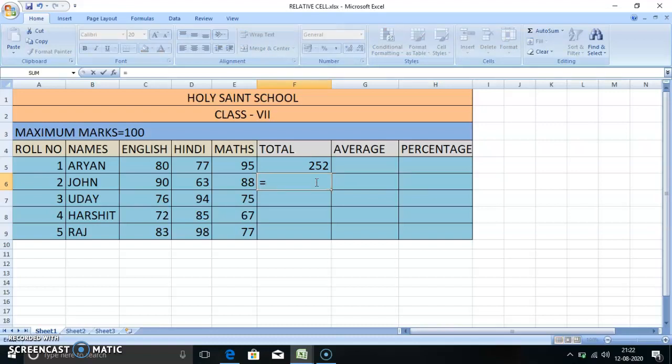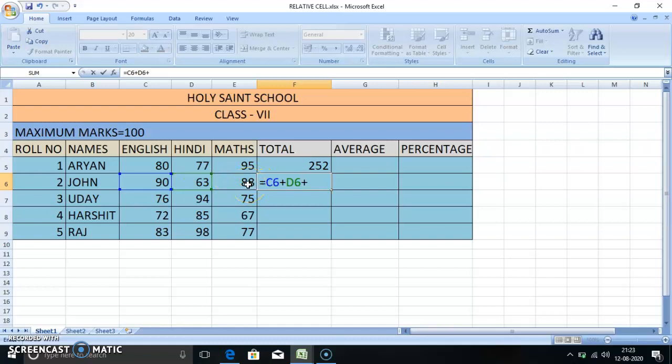Again, in the next cell, equals to, I have to find out the total marks of John. The cell of English is C6. Now the plus symbol. Then the next cell, Hindi. When you click here, it automatically takes the cell address. When we click, it presents D6. Now again we press the plus symbol.